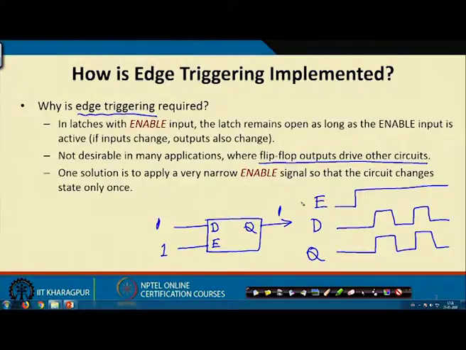Okay. Now, this is required for some applications, let us say where the flip flop outputs are driving some other circuit. This output you are connecting as input to some other circuit. So, if the output goes on changing, that circuit can also start doing some wrong operations, doing some wrong calculations, that you may want to avoid. Okay. So,